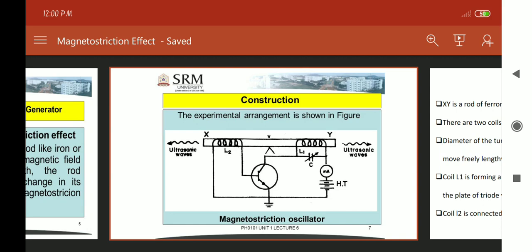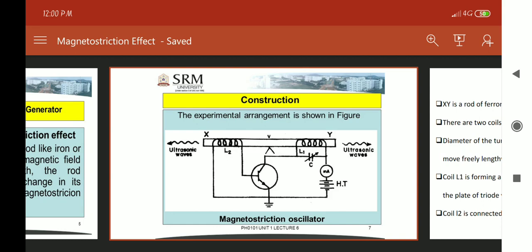The coil L1 forms a tuned circuit along with the variable capacitor C, which is connected to the plate. One terminal of this capacitor is connected to the triode valve and the other terminal is connected to the high tension battery.